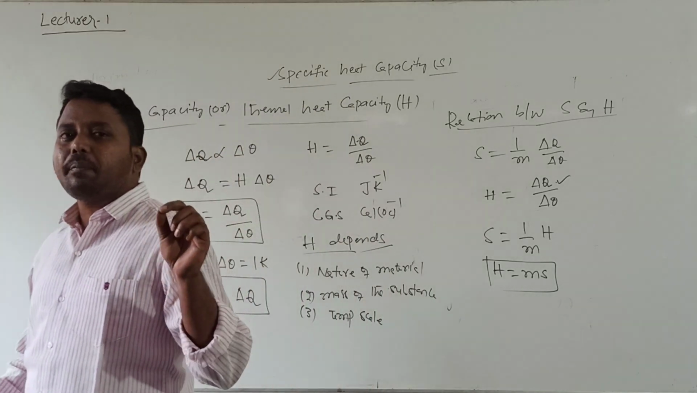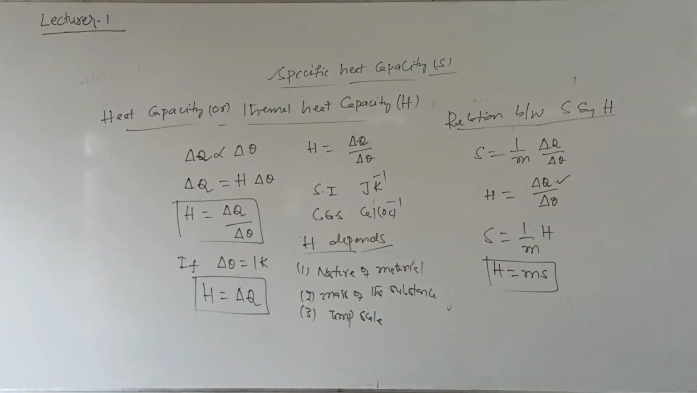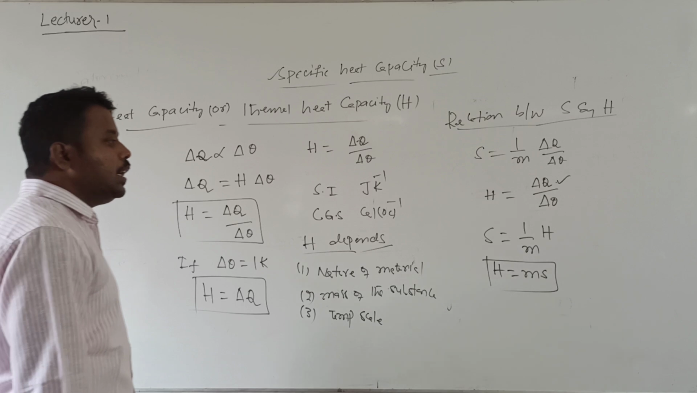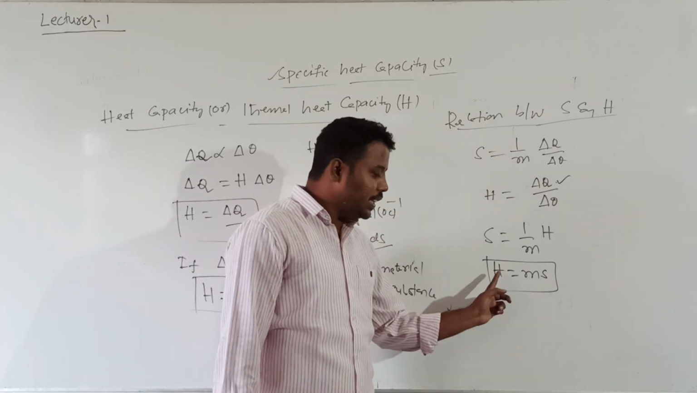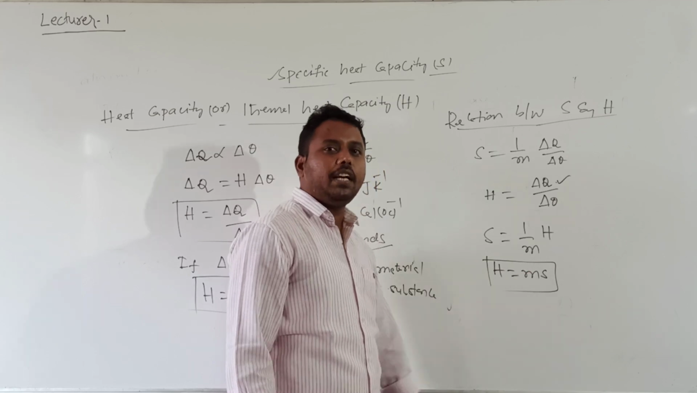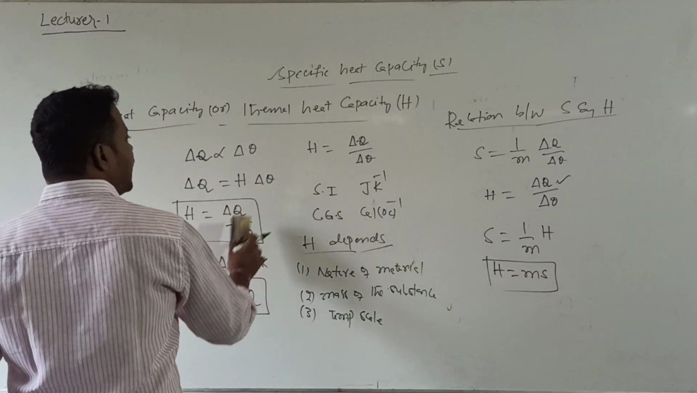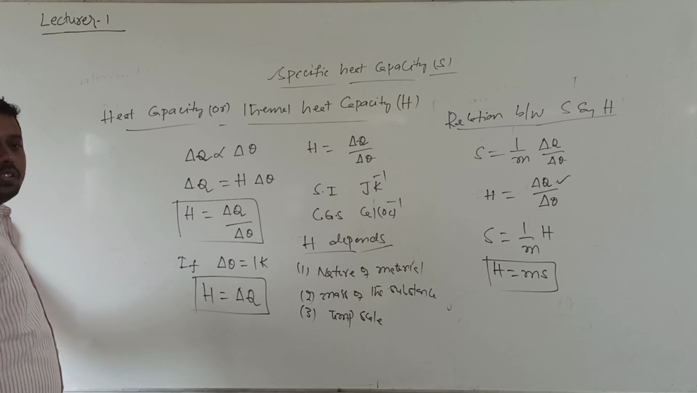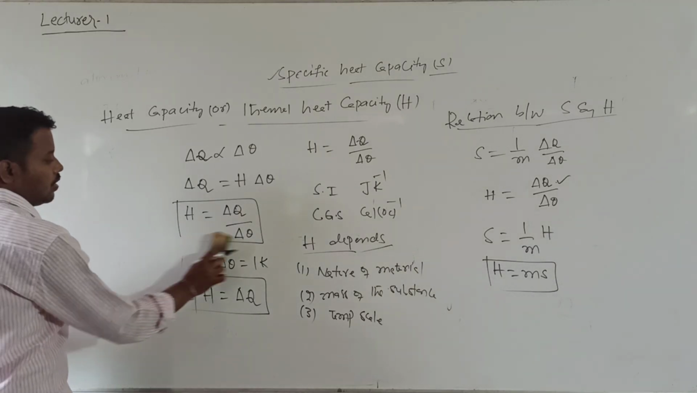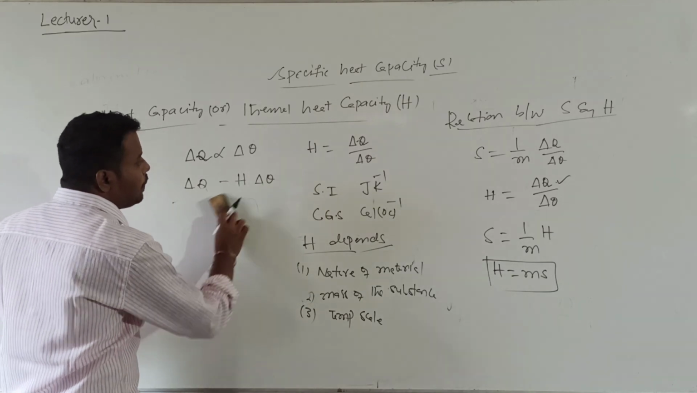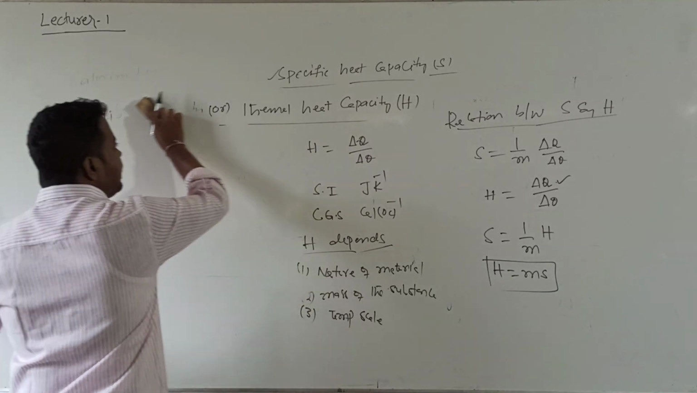Whenever a specific heat capacity is given, to calculate the heat capacity you need to multiply this specific heat capacity with which one? Mass. The H value is equal to how much? M into S. Okay? Understood? So this is regarding heat capacity. After completion of heat capacity, the next one is